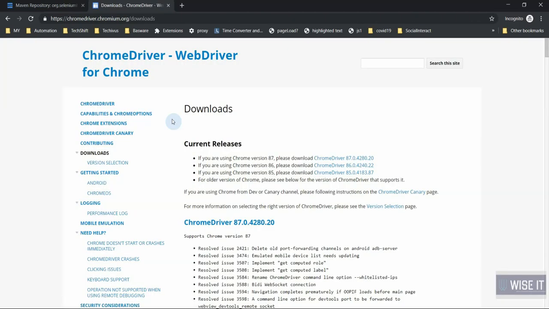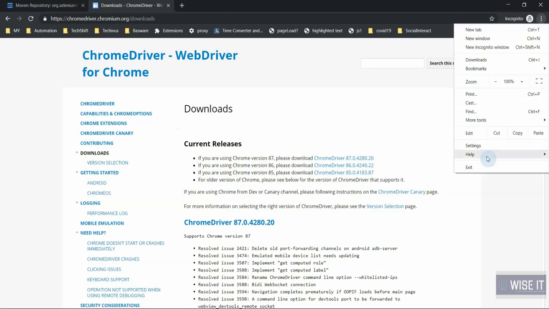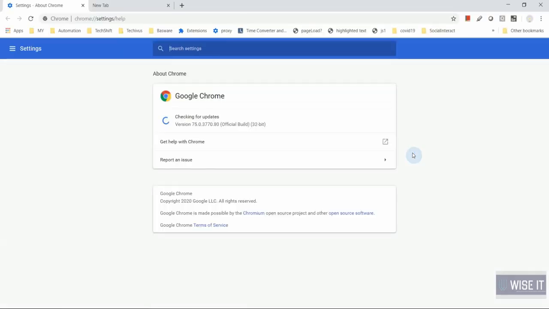You will see a lot of versions here, 87, 86. First you need to find out the version of your Chrome. Go to the three buttons here, click on this and go to Help and About Google Chrome and find out the version.